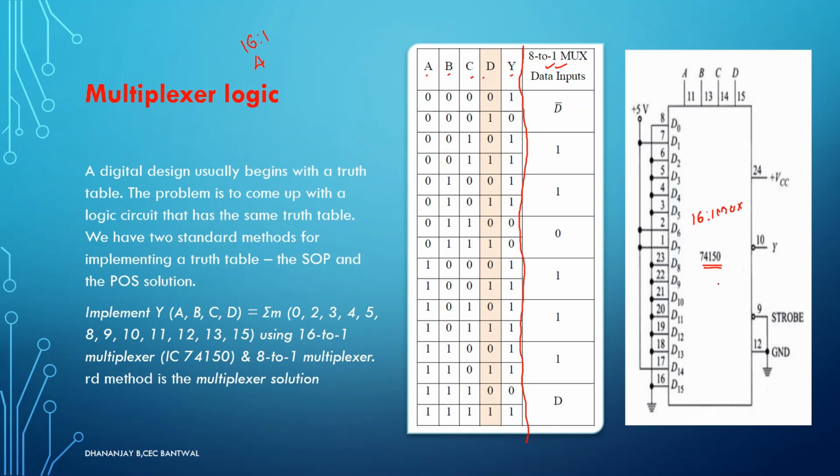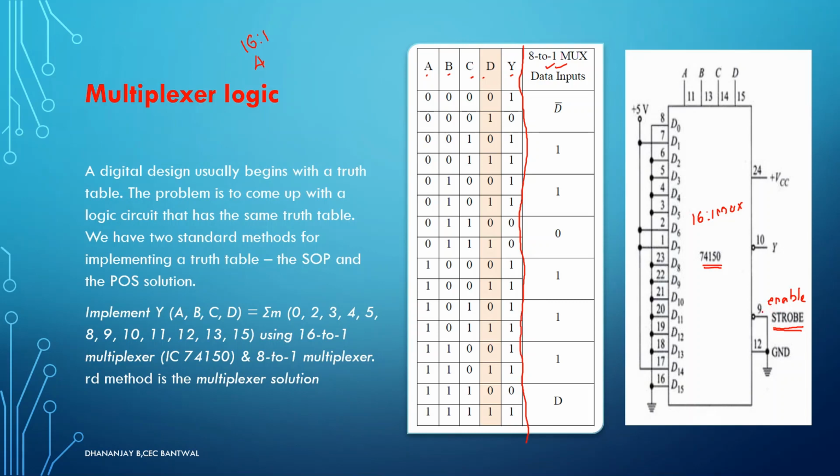But if you observe very carefully here, there is one more input called the strobe input. This strobe input can also be called the enable input. For your multiplexer IC, the enable input is a must if you want your IC to work properly. If you want your multiplexer to be enabled, you need to activate this enable input. Without this enable input, no matter what you give as input, no matter if you connect the selector inputs or VCC or ground, your IC will not work. So the enable input or strobe input is a very important input.